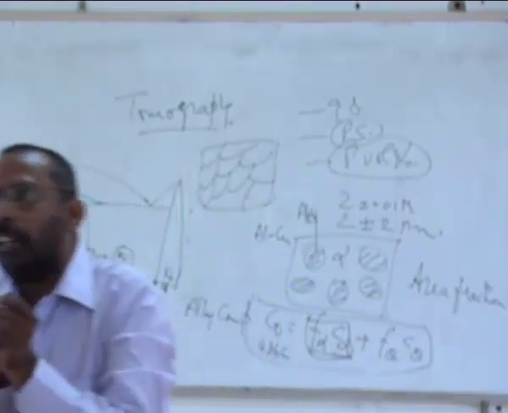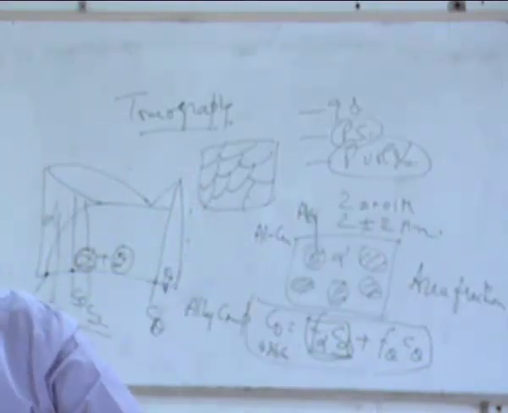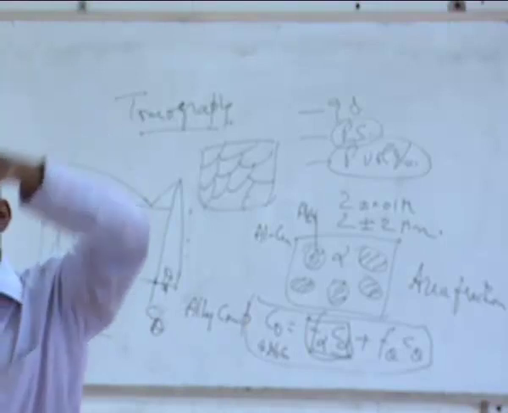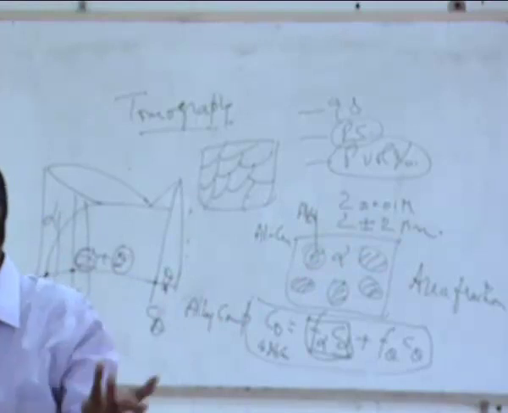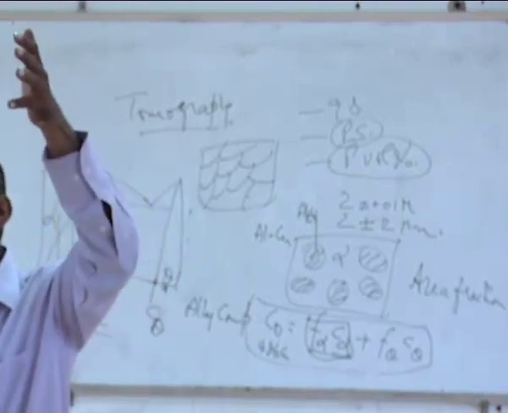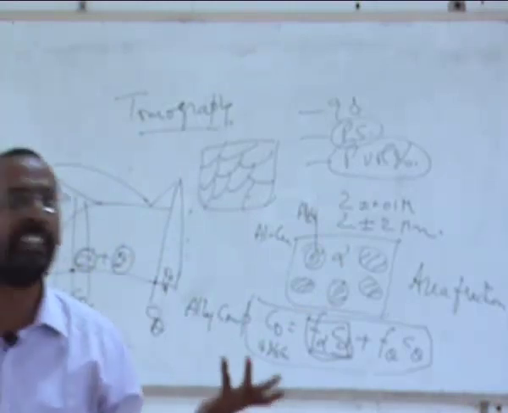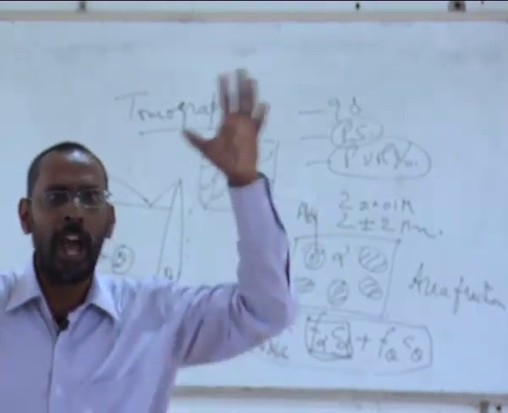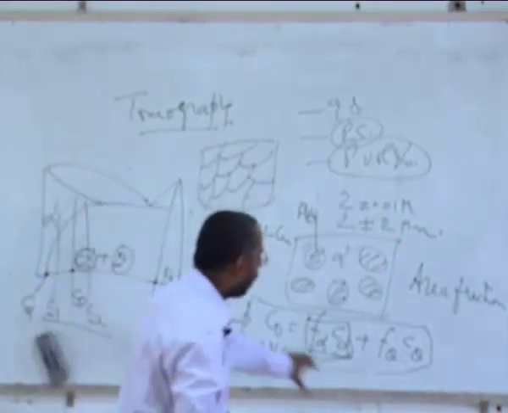It is like your father distributing his money to his children. The copper atoms inside the alloy are distributed between both alpha and theta. No atoms can be destroyed or created. We all know this; this is what is called conservation of mass. So once there is a certain number of copper atoms inside the alloy, they have to be distributed between these two phases, because other than these two phases, there is nothing else inside this material. There is only alpha, there is only theta. So some copper atoms go into alpha, some go into theta, and this equation will tell me that.